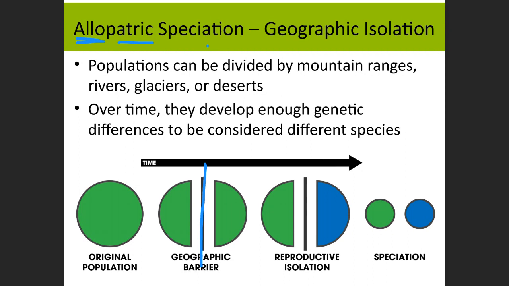So these differences build up enough that over time, if they were then brought back together, right? Let's say a river divided them and that river dries up. They could now run back and forth across that dry riverbed, but they don't recognize each other as the same species. They won't mate or they can't mate. So this is an easy way to picture speciation, right? You've got one species, it gets divided, and they change enough from one another that when they come back together, they're not the same species.